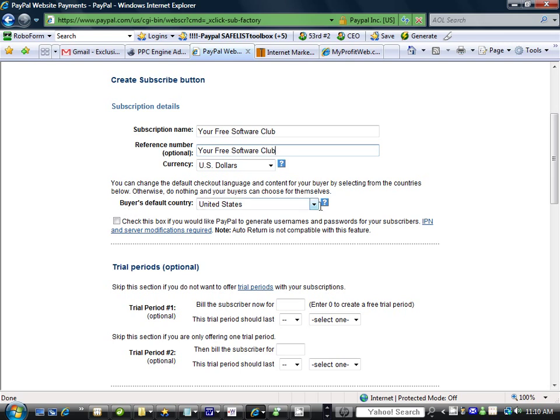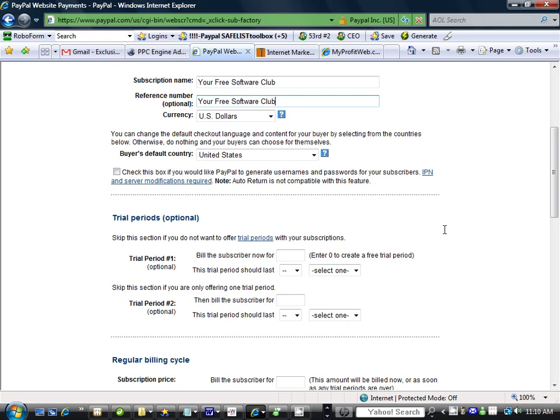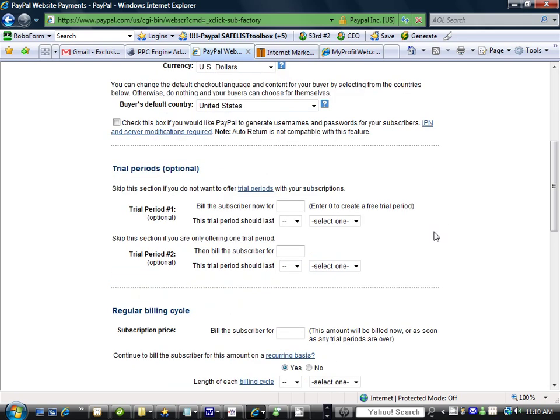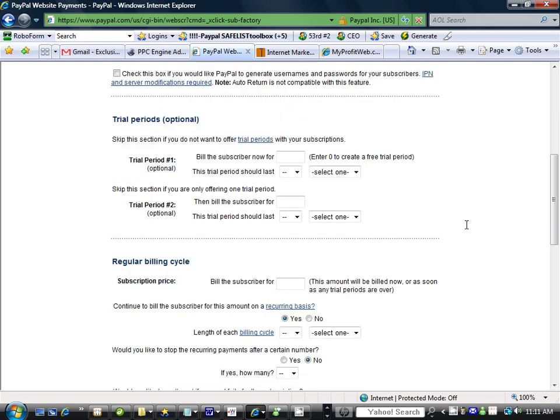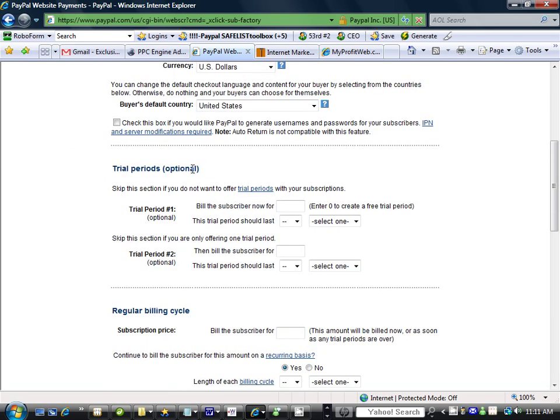Okay, buyer's default country, choose your country, whichever one you live in. We're going to do a digital product, so we're not going to mess with anything that has to do with physical products. Now here we have a trial period. If you're offering a trial period, you would fill this out. It's pretty self-explanatory. Bill a subscriber now for. If you have a trial period which is free, you can put 0, and then